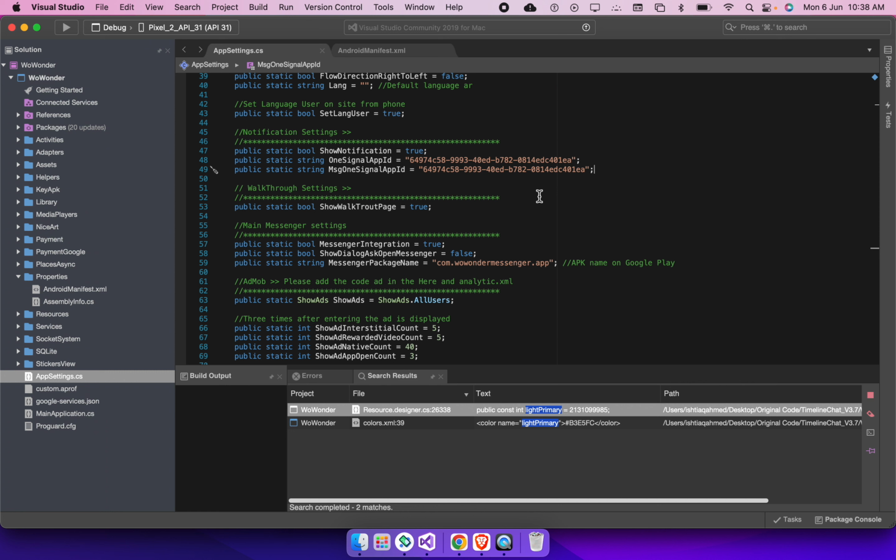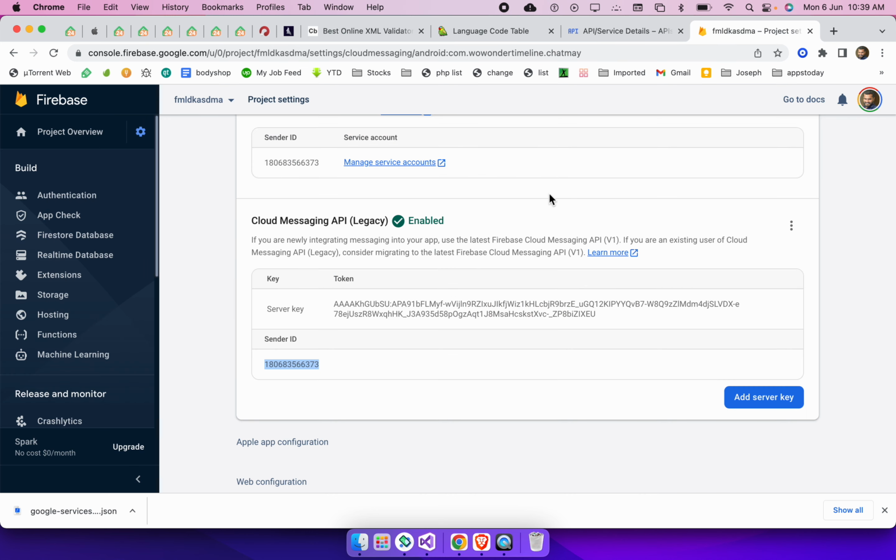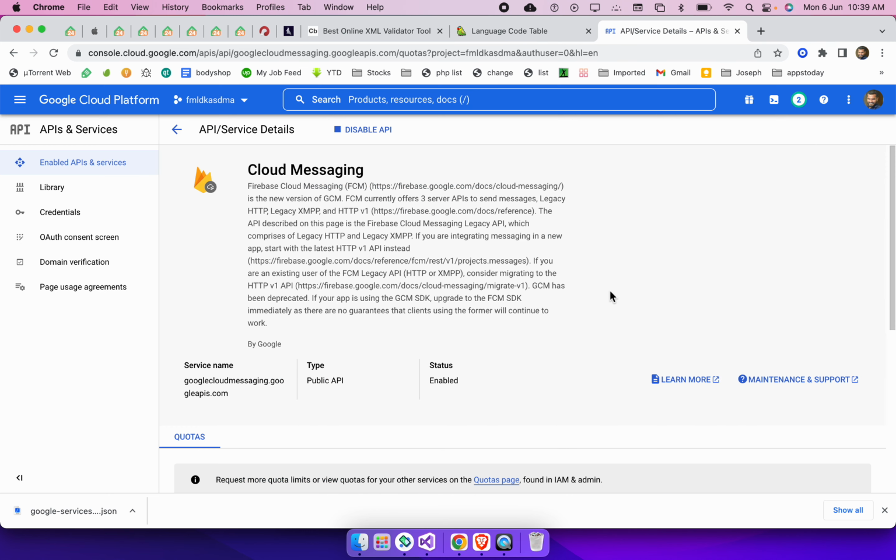Push notifications are working in our application. We have tested these push notifications multiple times and there is no problem at all. So if you face any issue, then probably you are missing some steps from the list I have provided. Okay, now I need to close this and move forward